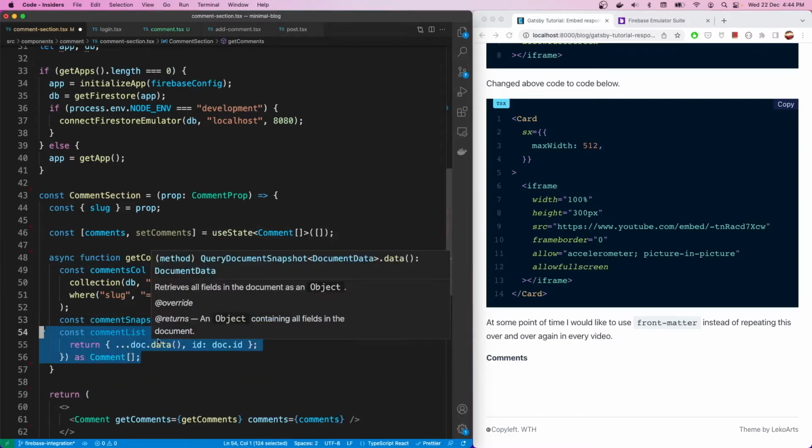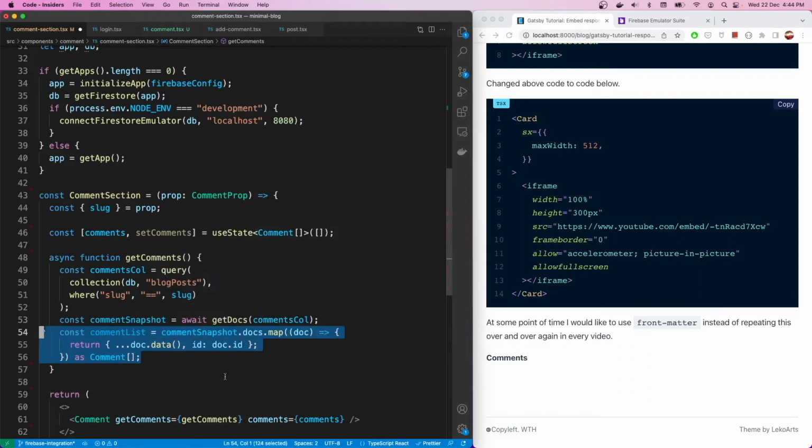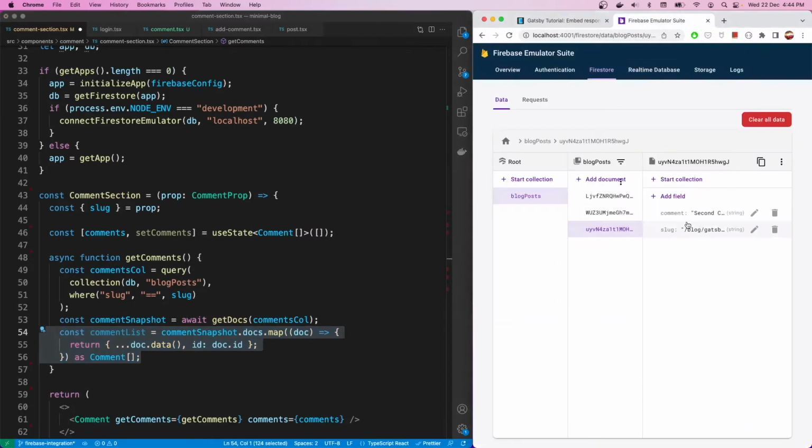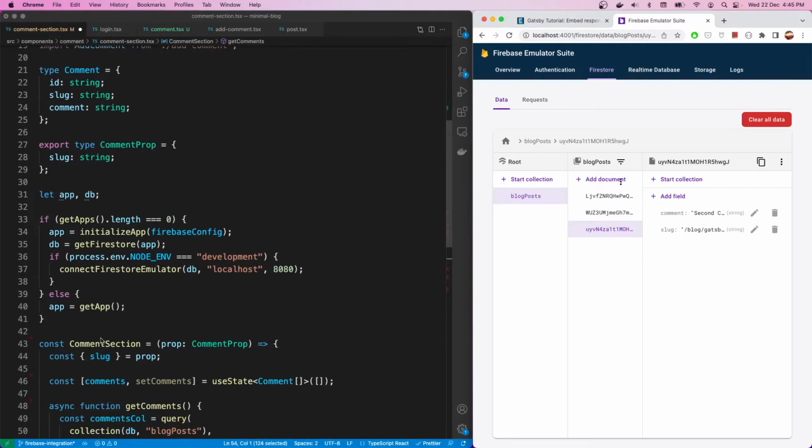And then what I'm doing is I go over the snapshot and iterate over each item. And if you notice here, this one has something like comment as one attribute, the other one slug, and this data function will return these two items here, and the ID I would fetch from here. So this is for the key attribute that React generally requires, and I'm expecting it to be of type comment right here. So if you look at this comment,